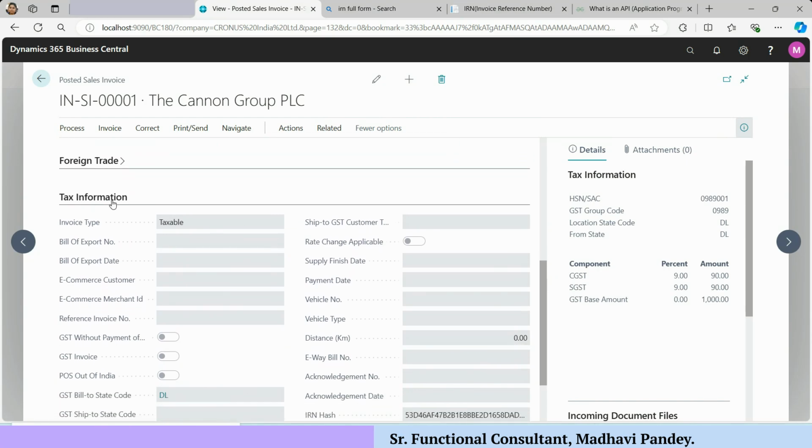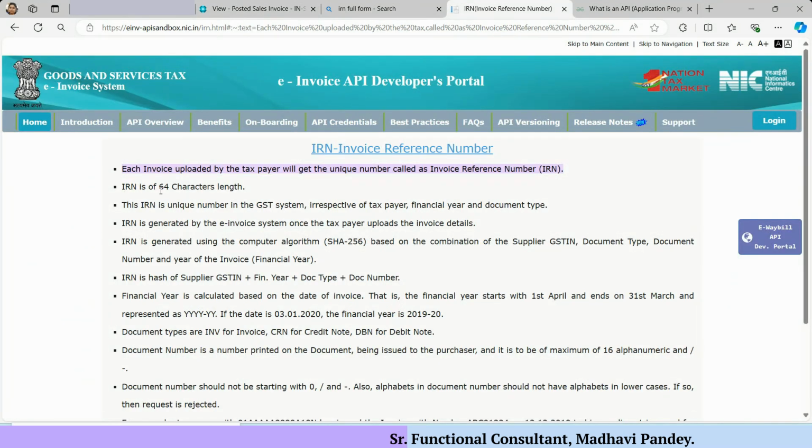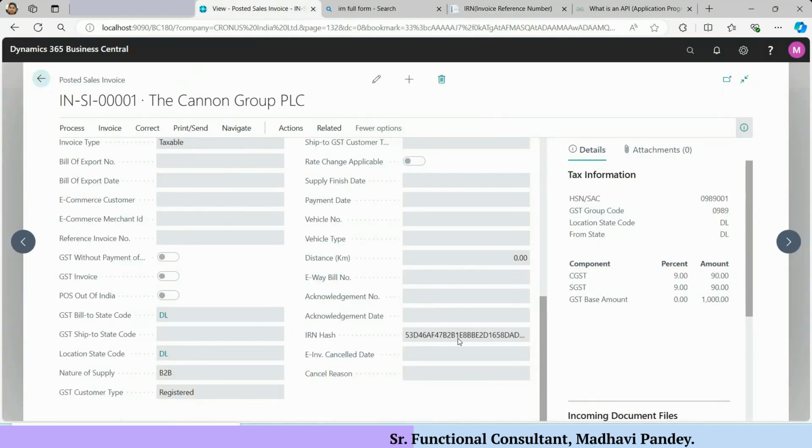This is covered under the tax information tab. And now see IRN hash. Invoice reference number means IRN, and you can check the characters; it will contain 64 characters. Okay, so you can check this is created.